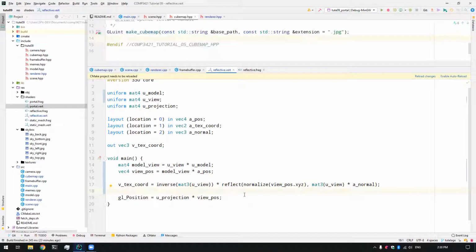I understand it at a high level, but I don't understand the specifics of what this is. But essentially what's happening here is we are figuring out what the view direction will be on the cube map, so that way we get the right reflection. So if I rerun, well, first I have to